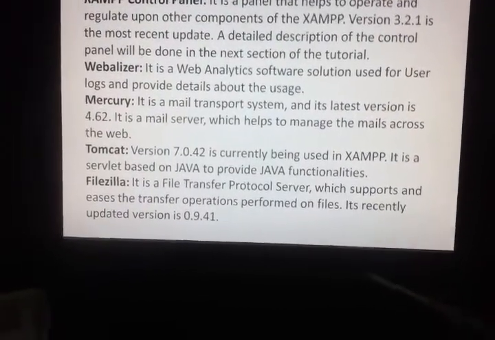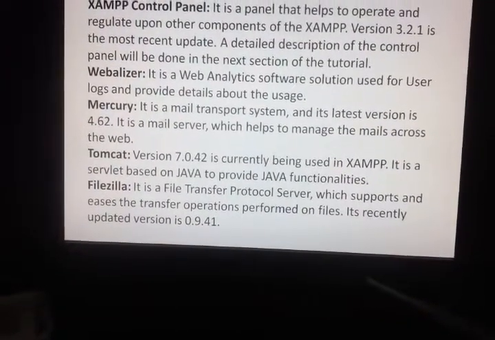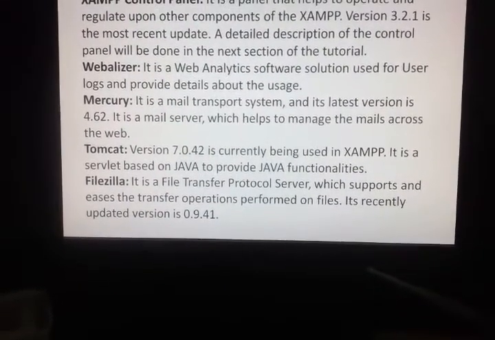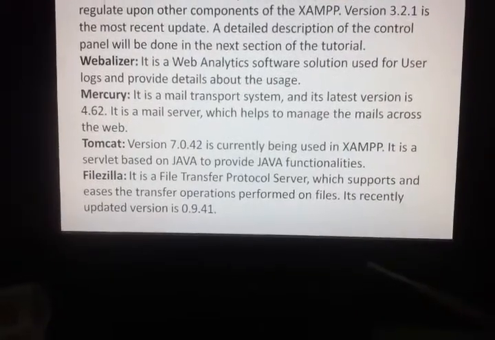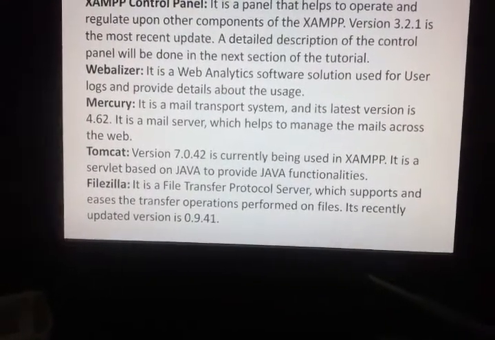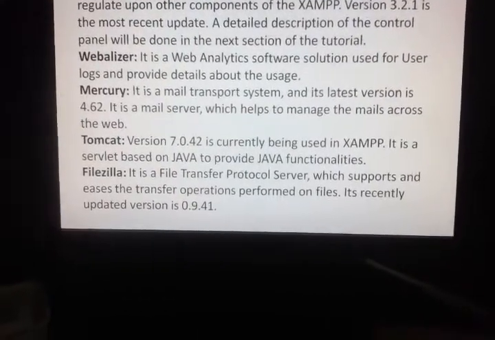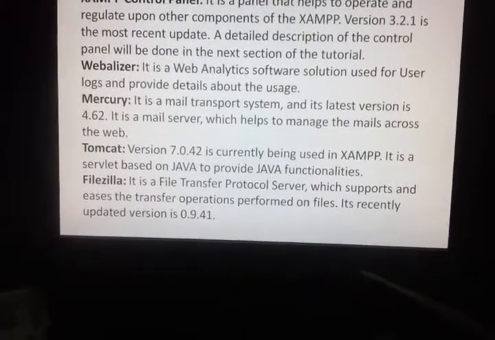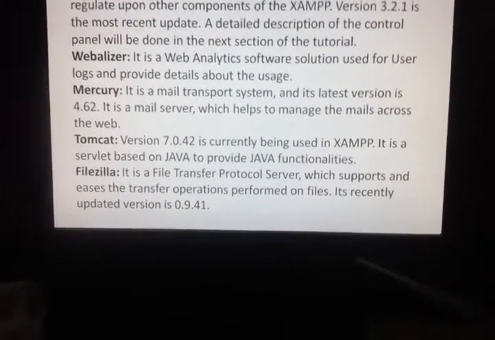As in Java we have database connectivity like JDBC, we need Tomcat as a server. As here also it's a server-side scripting, compulsorily we need a server, and Tomcat is one of the servers.